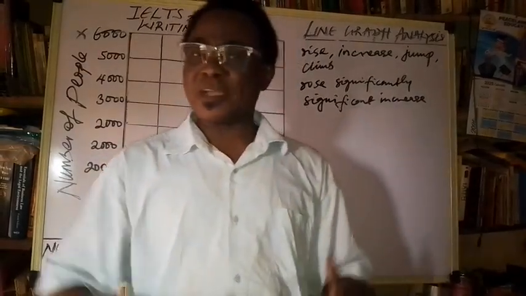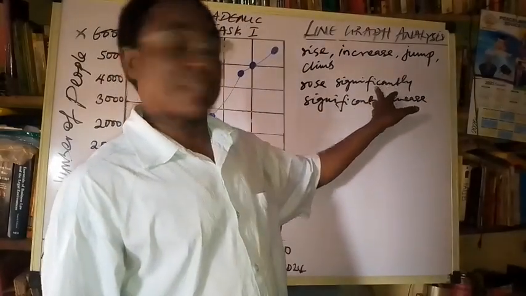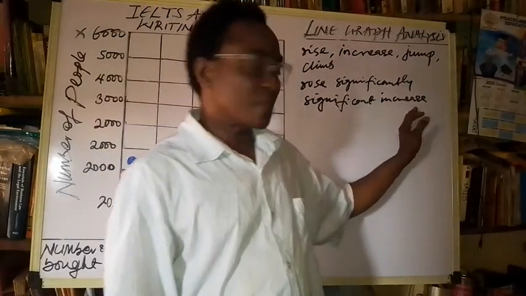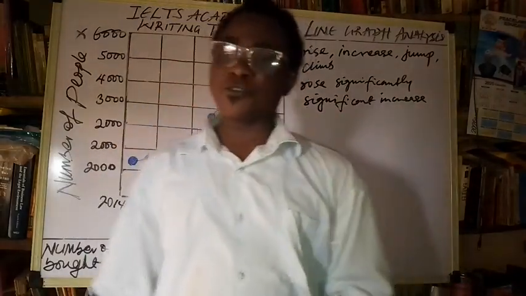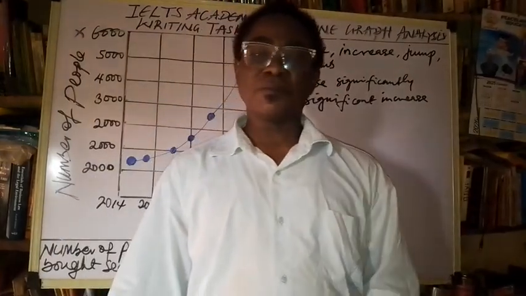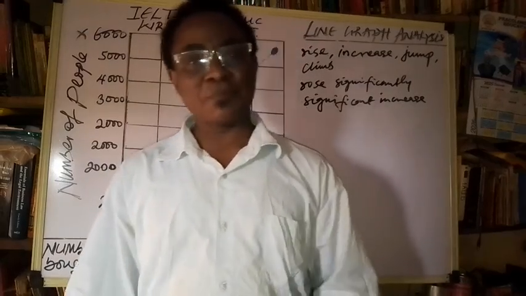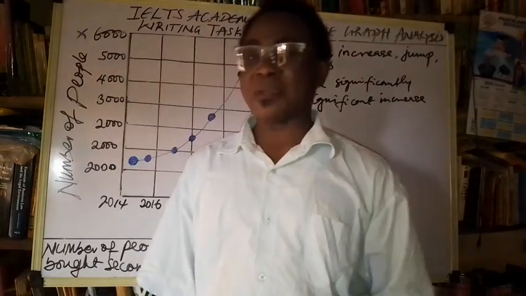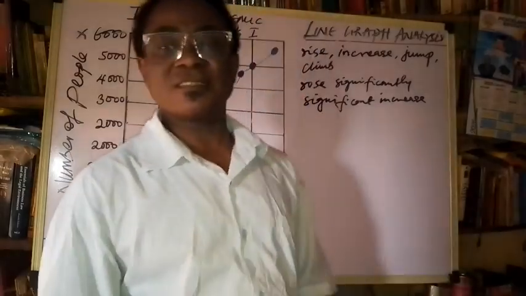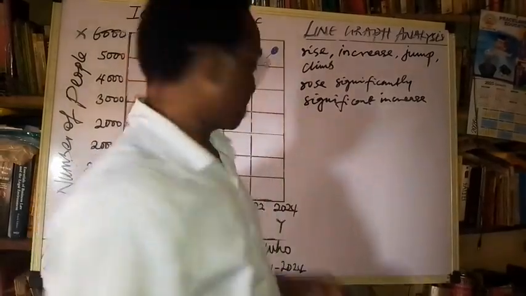There was a significant increase, that is, reducing the adverb significantly to the adjective form significant to qualify the noun increase. There was a significant increase in the number of housewives who were prepared to take up a part-time employment if the government increases the allowance on such jobs. A significant increase,